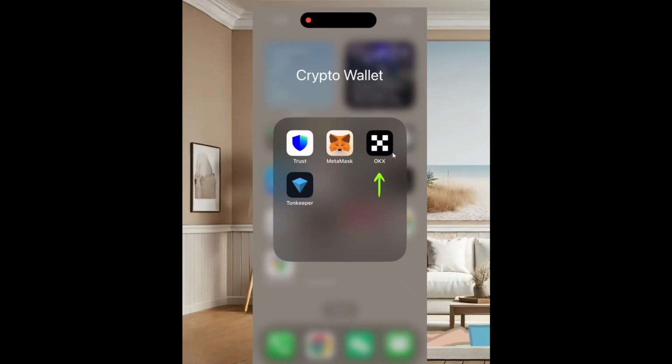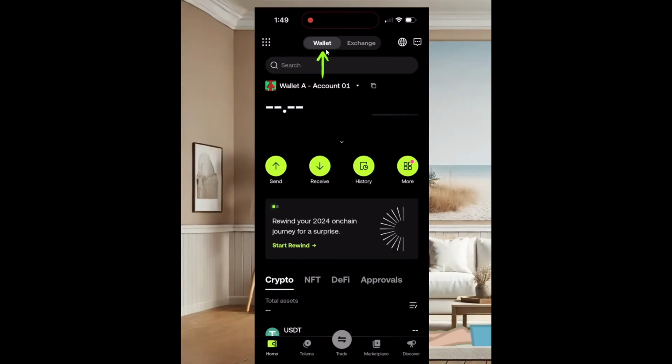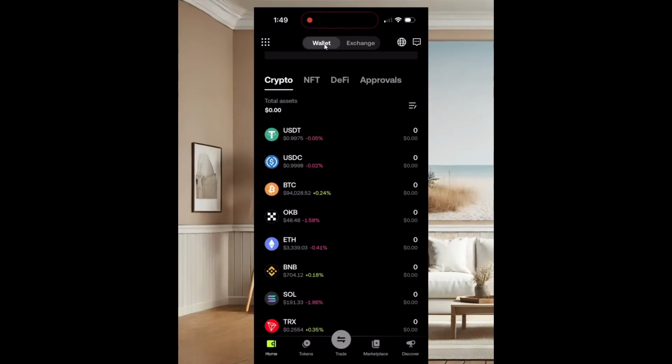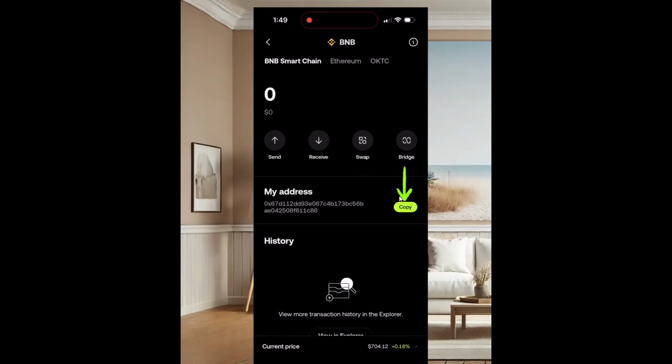Now the last option we have is OKX. So for OKX wallet, go to your wallet tab, then click on here wallet, and then you have to find BNB. Just type BNB, and once you find that, just copy the address by clicking on the copy button